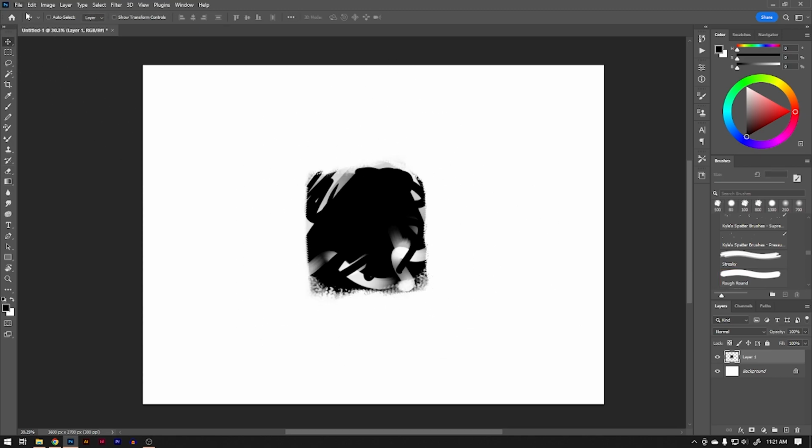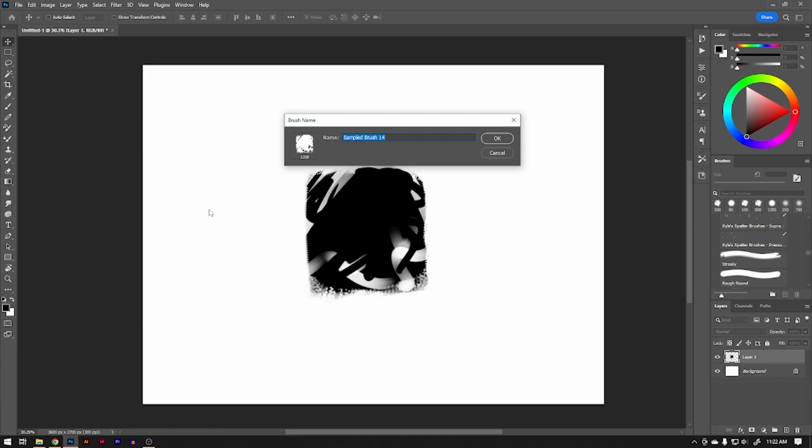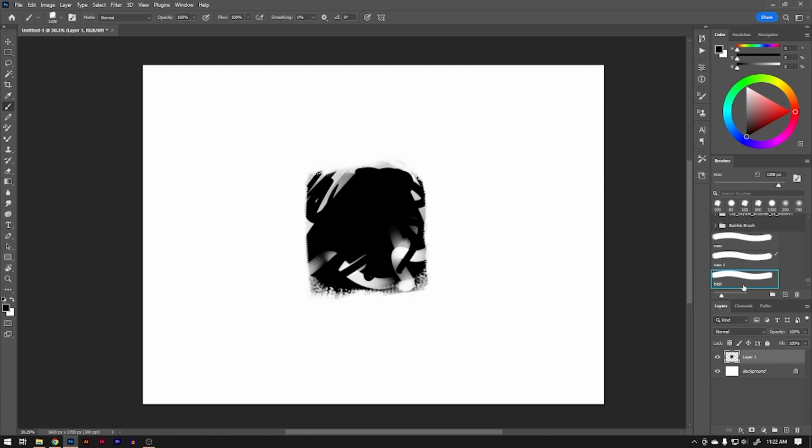Start by creating an interesting silhouette on its own layer. After that, go to Edit, Define Brush Preset. This will use that silhouette to create a new brush, but we aren't quite done yet. Once you have named and created your new brush, you will need to use that to create the actual everyday brush. To do this, we need to open up the Brush Settings panel by clicking this little folder icon with